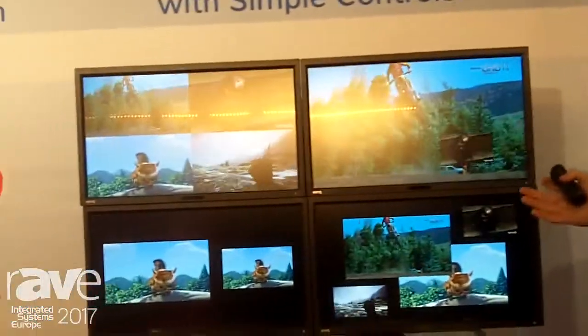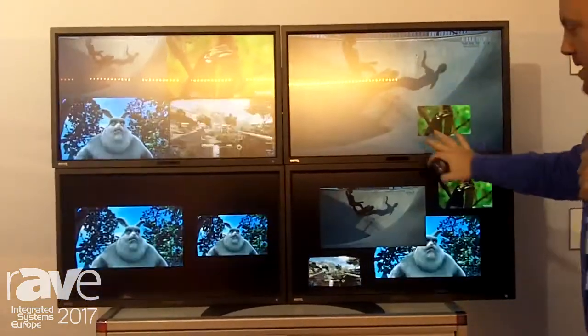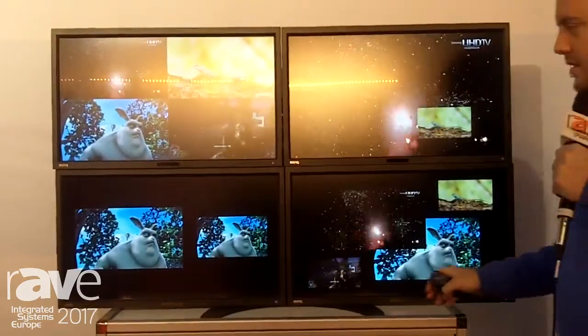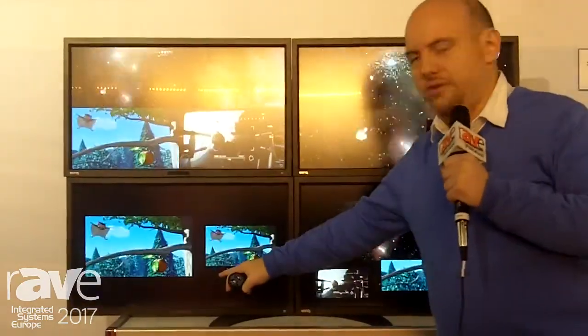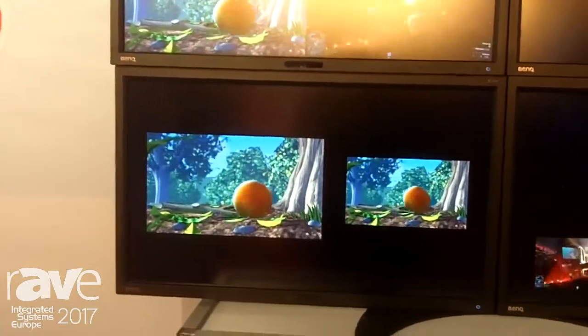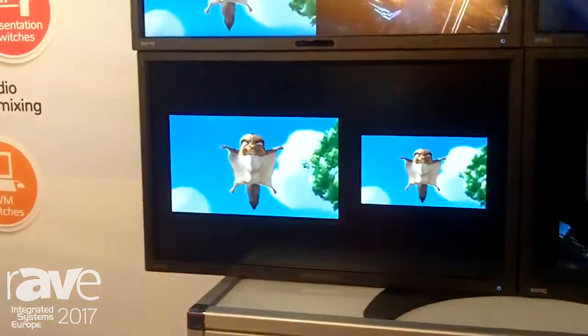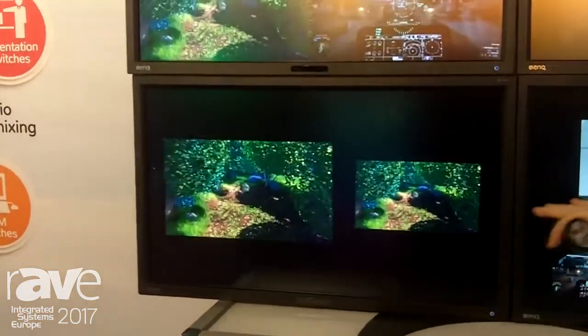The next piece of processing I want to show off here is our multi-viewer capability. Now what we've done is take multiple streams from our encoders and send them to a single decoder. Here we have a 2x2, a picture-in-picture, a sort of arbitrary layout of 4 images, and then here we have a special capability of ours showing that the transmitter is actually outputting 2 different streams at 2 different resolutions and displaying them on the screen at the same time. Now this application itself may not be totally useful, but what this means is you could send the native source to a single display and a scaled version with lower bandwidth to a multi-viewer display elsewhere and not have to interrupt the main feed for the sake of your multi-viewer.